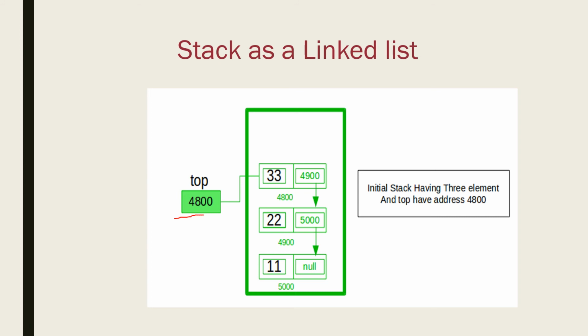The top pointer will store the address of the node added or pushed last in the stack. And this topmost node's next will store the address of the previous node. And so on. And finally, the first node's next will store null. Always keep this clarity in mind that top is the node which was added last and first is the node which was added first in the stack.